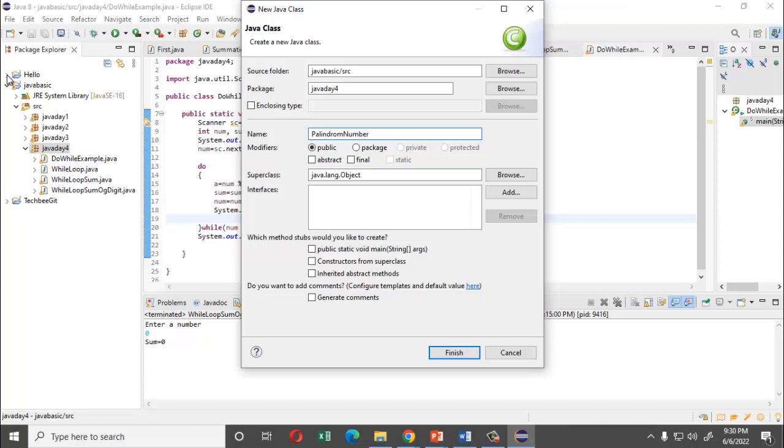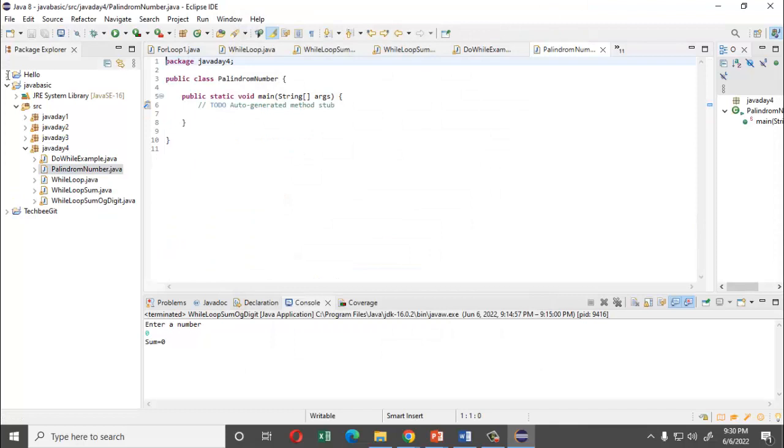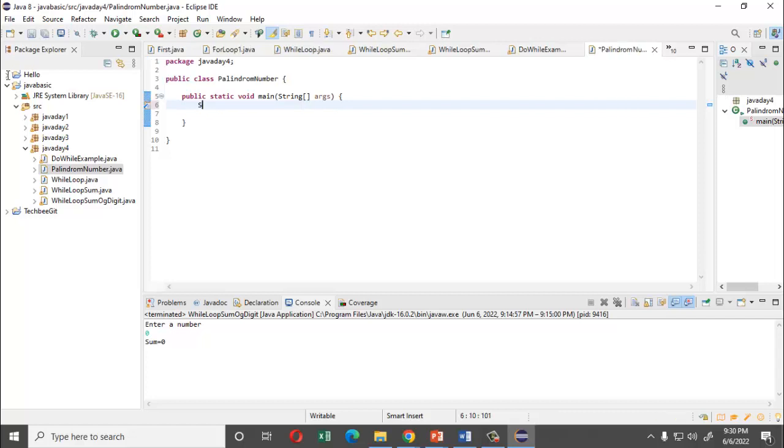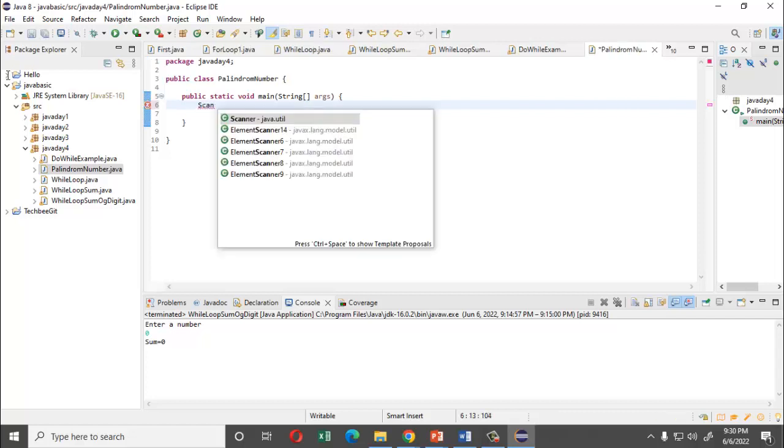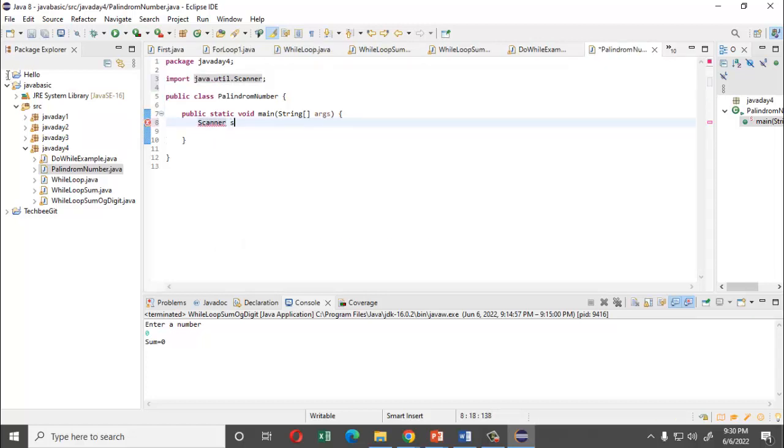I'll click here, public static void main, and first of all I'll write the scanner class, sc equal to new Scanner, system dot in,